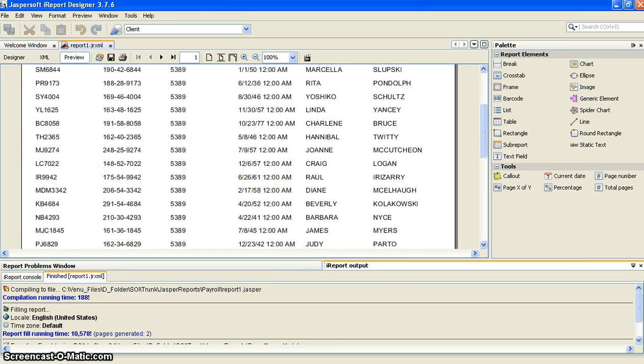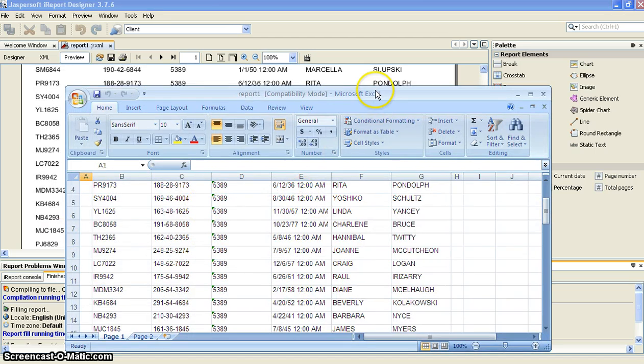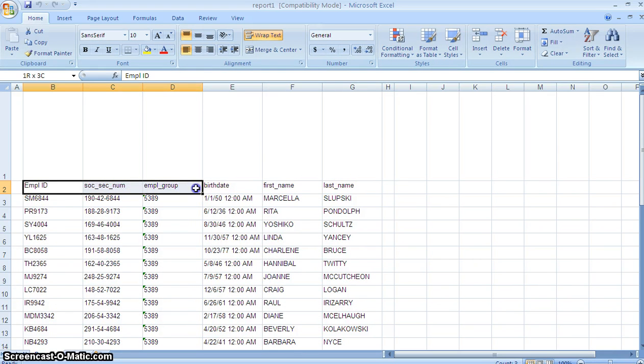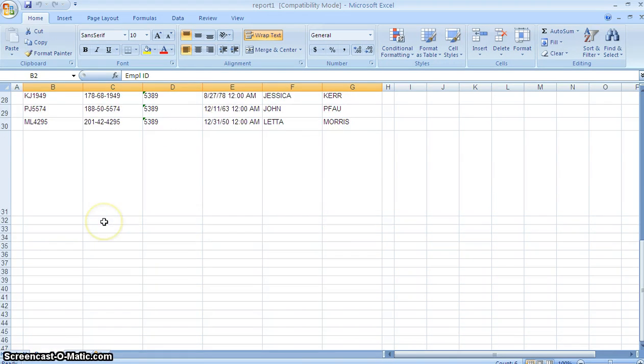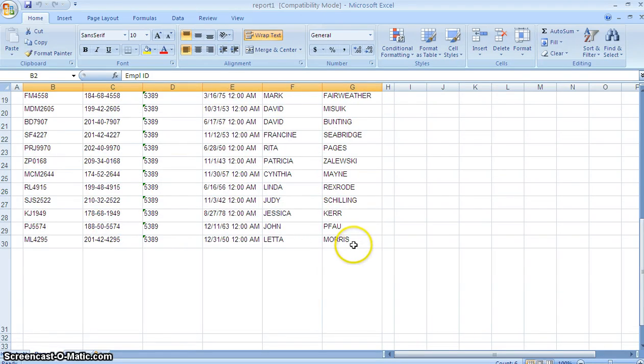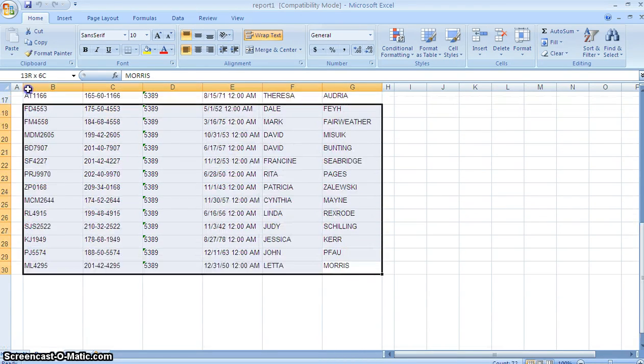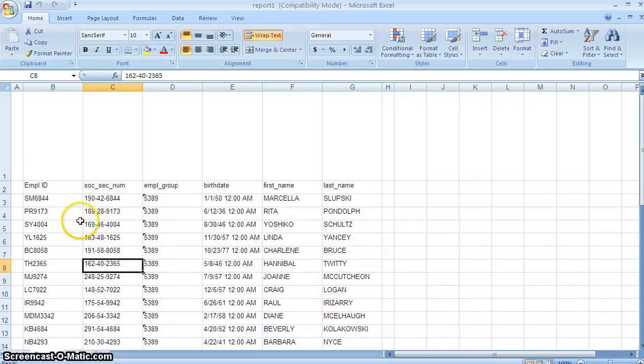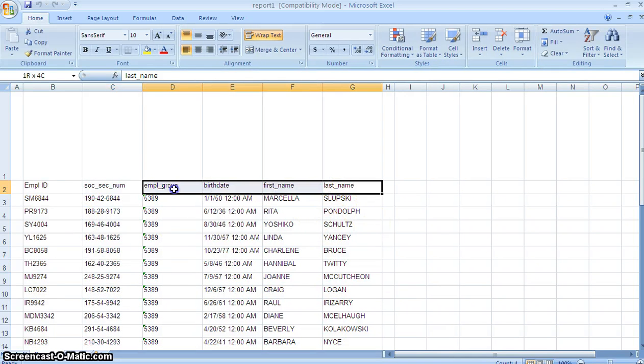This is the report we have received from iReport: employee ID, social security number, employee group, birthday, first name and last name, and these are the results. We got very few results for the SQL we have written. So this is the sample report. Then we have to